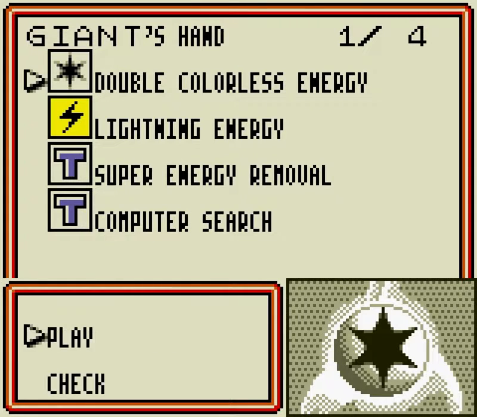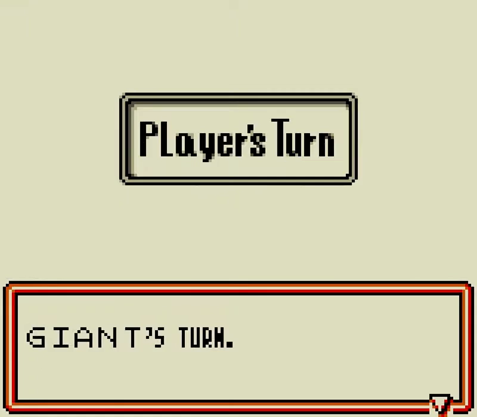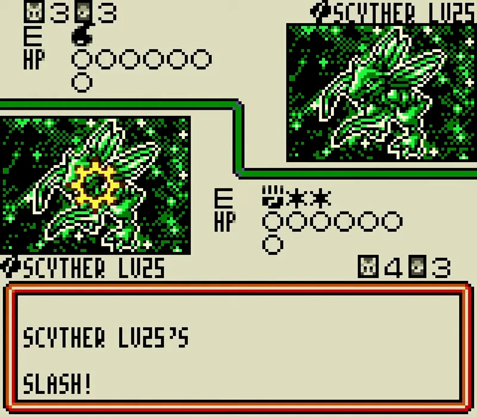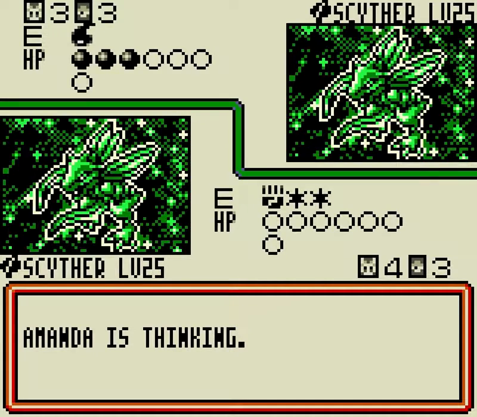So there's a double colorless energy I was kind of hoping for. I guess I'll put it on the other Scyther because we can always switch it in. But then, yeah, the nice thing about Scyther is that it has a 0 retreat cost, meaning that you're able to switch it out without having to discard any energy. So I could go straight into the other Scyther, and the reason why I was waiting to charge this one up